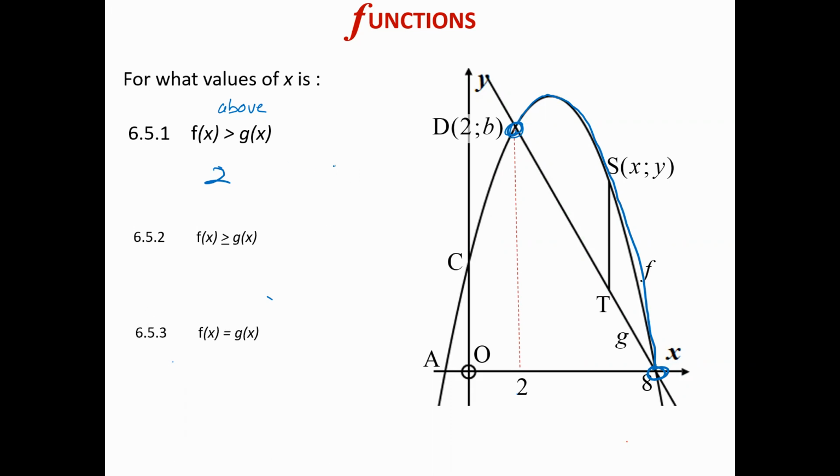I said we got the 2 and we got the 8, and that is our answer in set builder notation. Or you could have said x is an element of (2; 8),